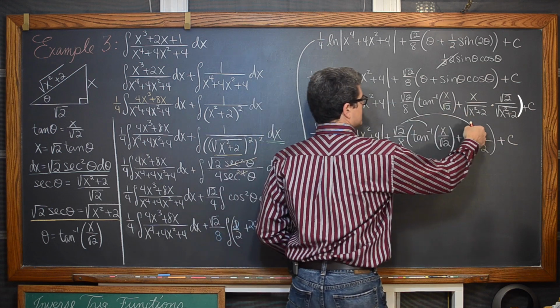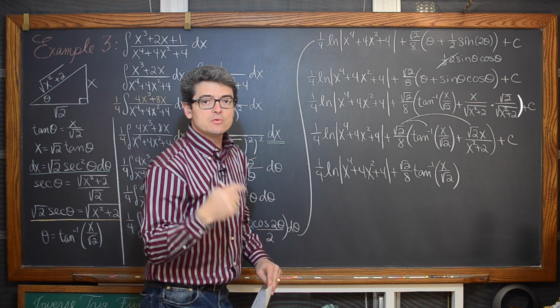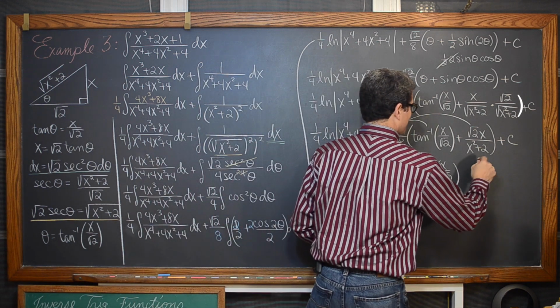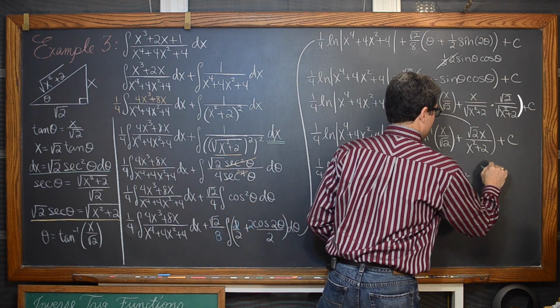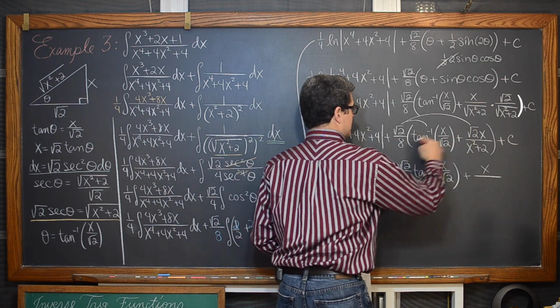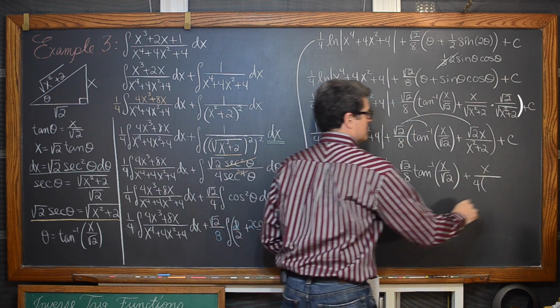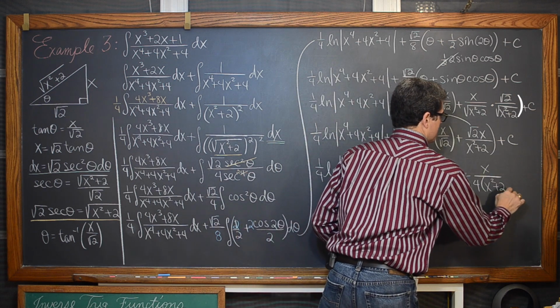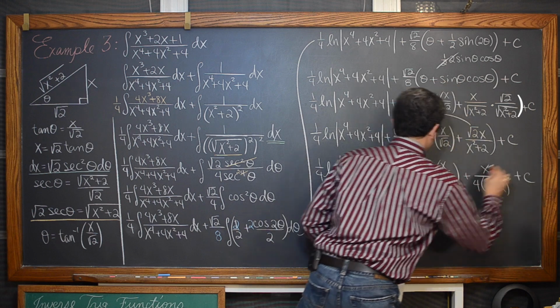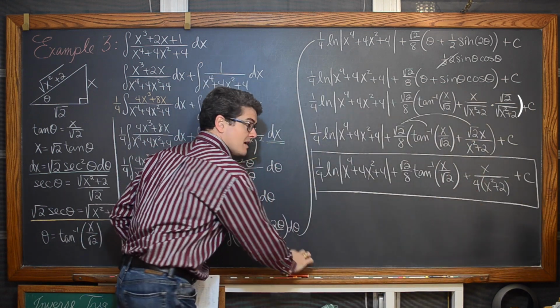Here we have the square root of 2 times the square root of 2 is 2 over 8. 2 over 8 is equal to 1/4, so we have plus x over, because that 2 is canceling out with the 8, 4. I'm going to leave this in parentheses, 4 times x squared plus 2, plus c. Whew. Okay, so yeah, these problems get a bit complicated.